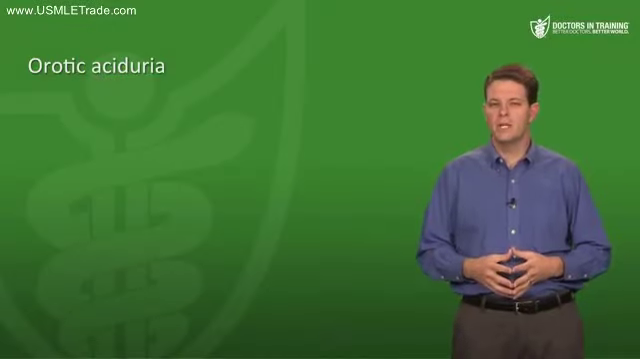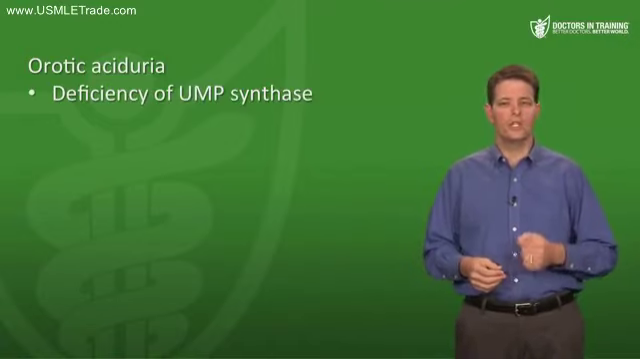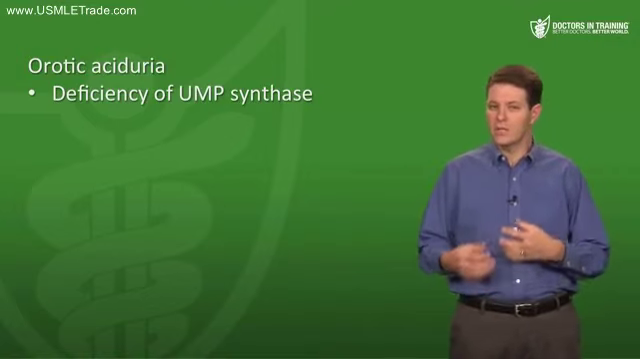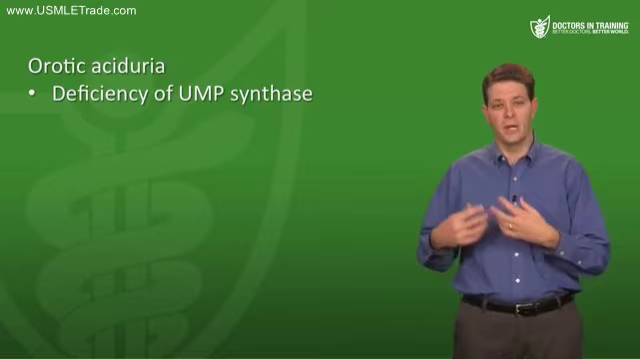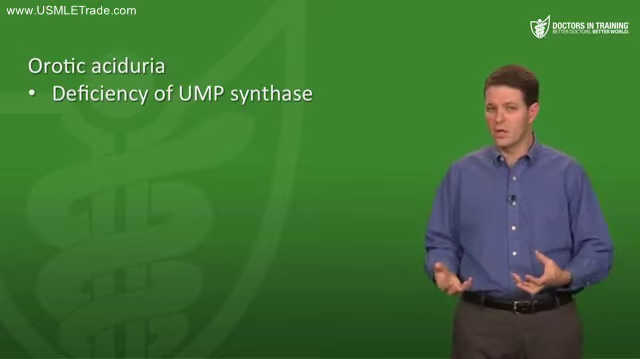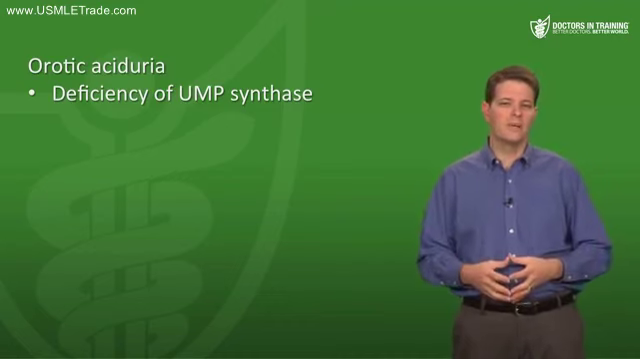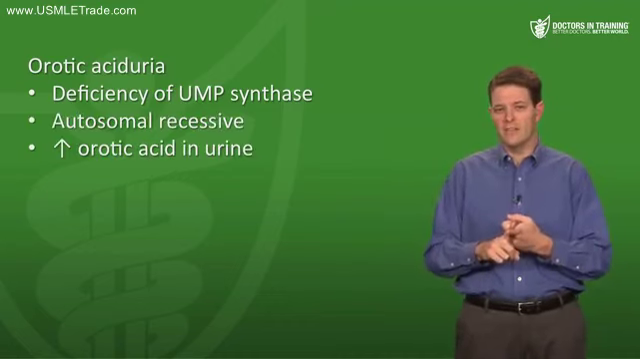Back on letter B, we mentioned a disease called orotic aciduria, which is caused by a deficiency of the enzyme UMP synthase. Now, when UMP synthase is deficient, you can't convert orotic acid to UMP, which means that orotic acid starts building up in the blood and then spilling into the urine. So it's orotic aciduria. Now, orotic aciduria is an autosomal recessive disorder that causes elevated orotic acid in the urine